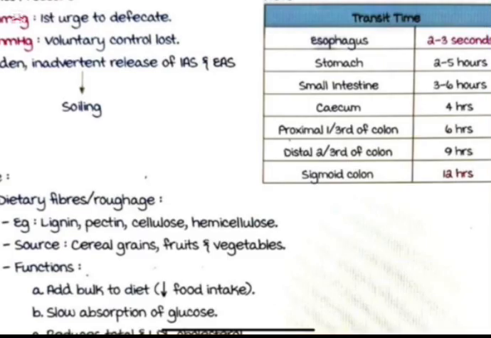Transit time: esophagus 2 to 3 seconds, stomach 2 to 5 hours, small intestine 3 to 6 hours, cecum 4 hours. Proximal one third of colon, 6 hours. Distal two thirds of colon, 9 hours. And sigmoid colon, 12 hours. So if you see esophagus, a few seconds, then from stomach to proximal one third of colon you have an average of 5 hours in each segment, and then in the distal two thirds and the sigmoid colon you have an average of more than